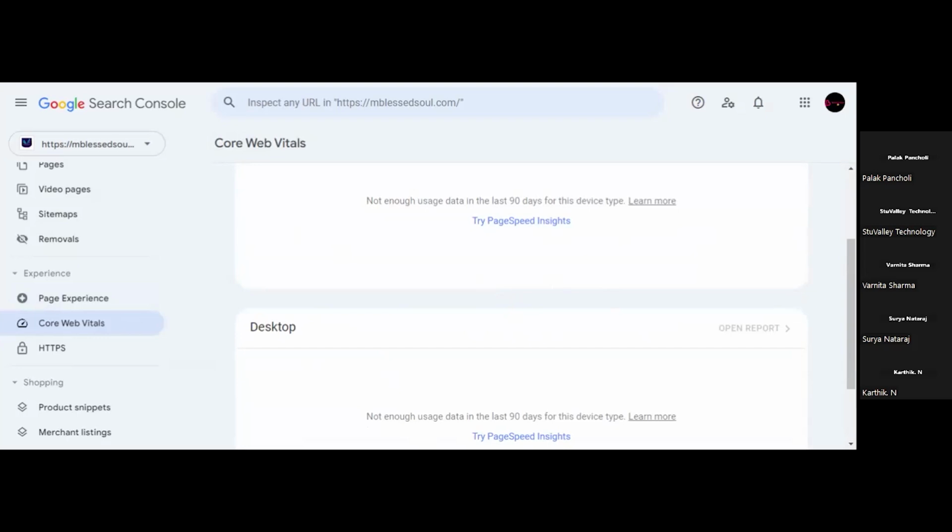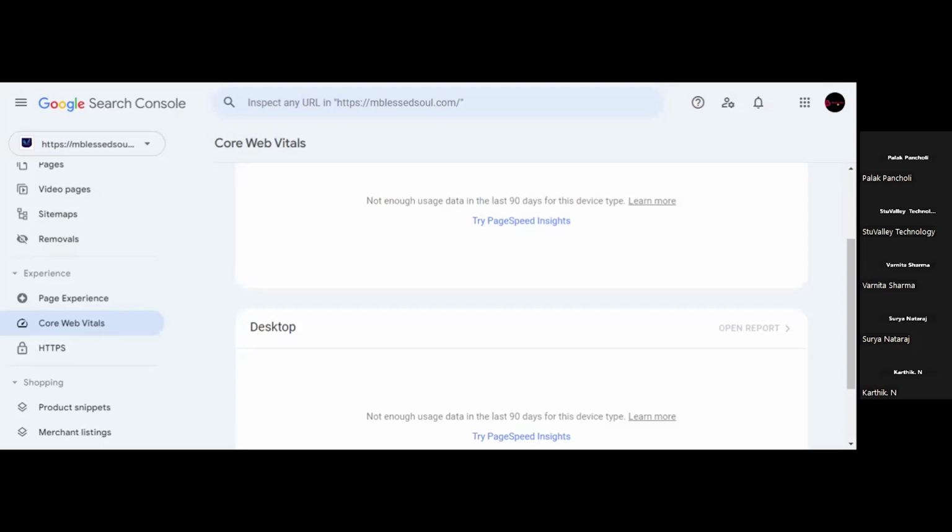Then there is AMP, breadcrumbs, and structured data. If you have breadcrumbs on your website, if you have installed AMP, or if you have structured data, it will give you issues related to these things.